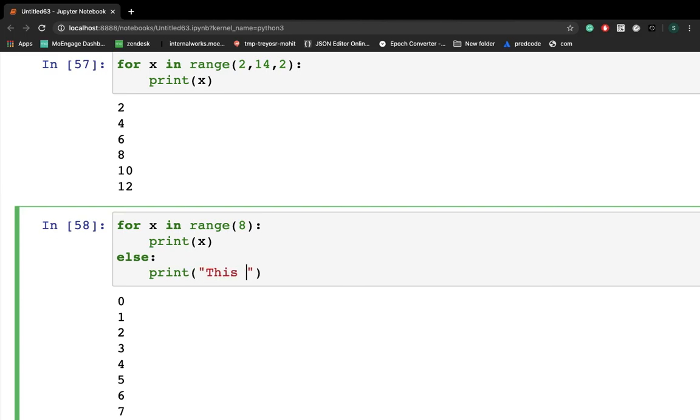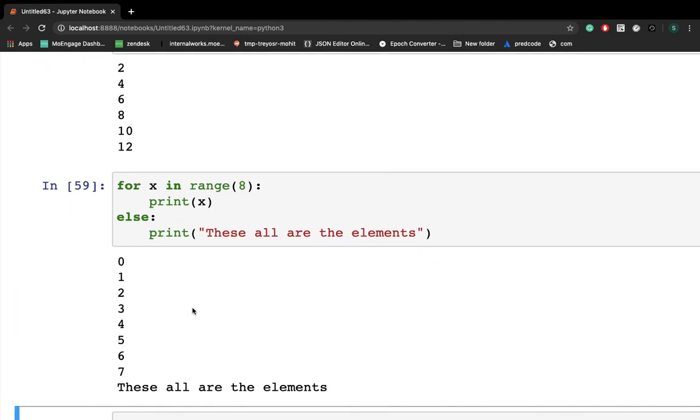These all are the elements, that's it. As I told you, else will be executed for sure when the loop is finished.